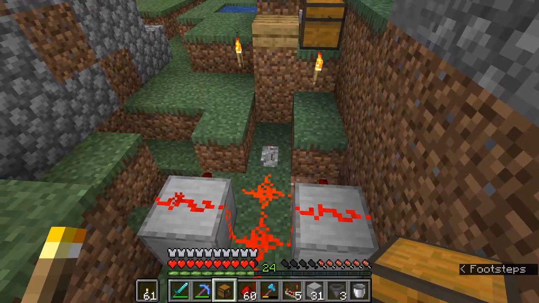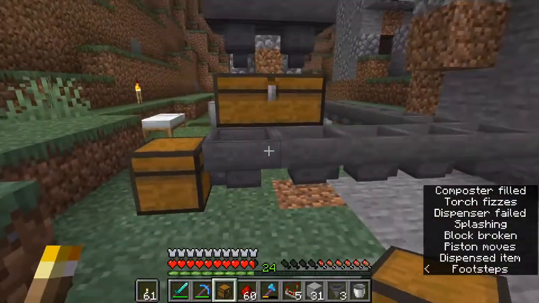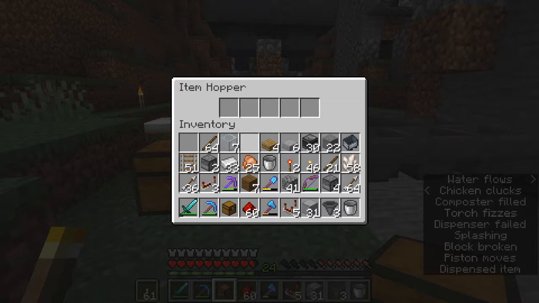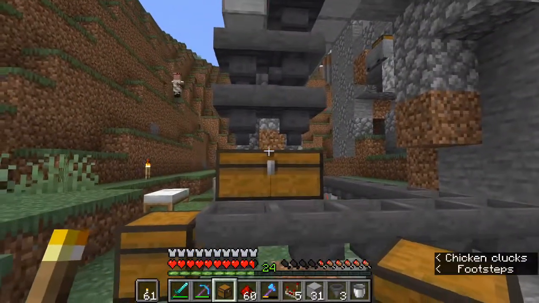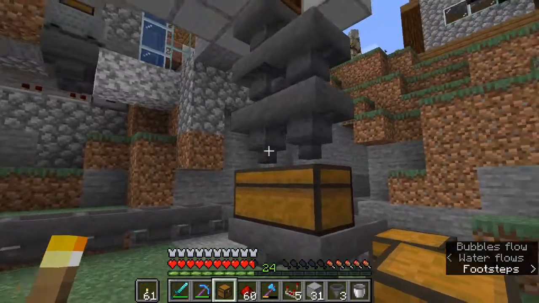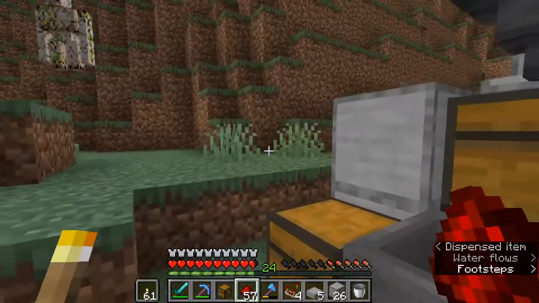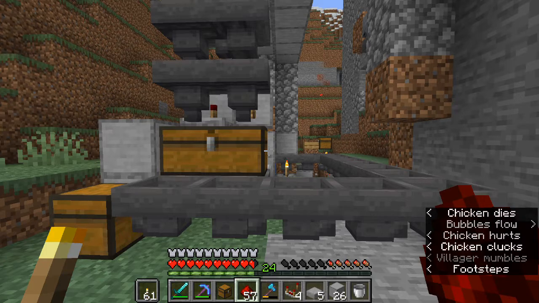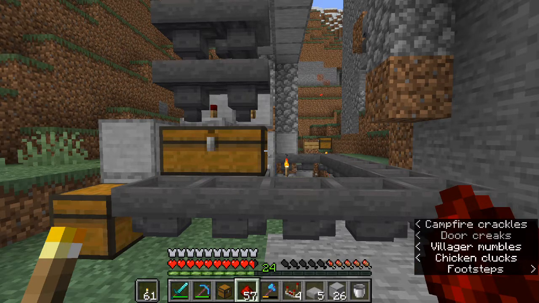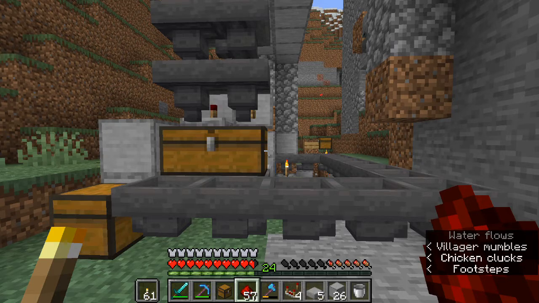Let's turn it on now and see if we got it right. Nope. It took all our bone meal and sucked it straight over to that side. So I think I still need the circuit out the back. Even with the chest there, it's still preferring to go into the hopper side. I don't understand why. And the only way that I know to fix this, and it's not going to be completely even if we do this,